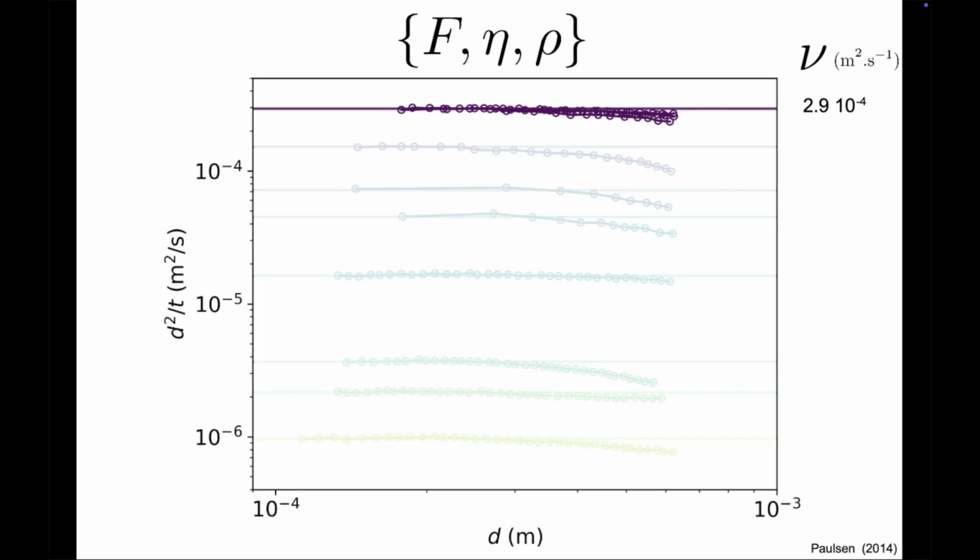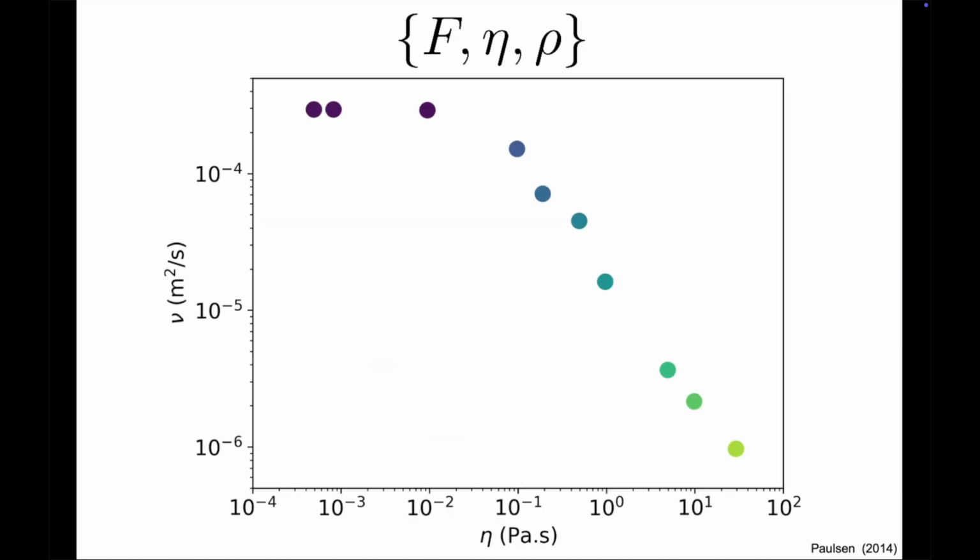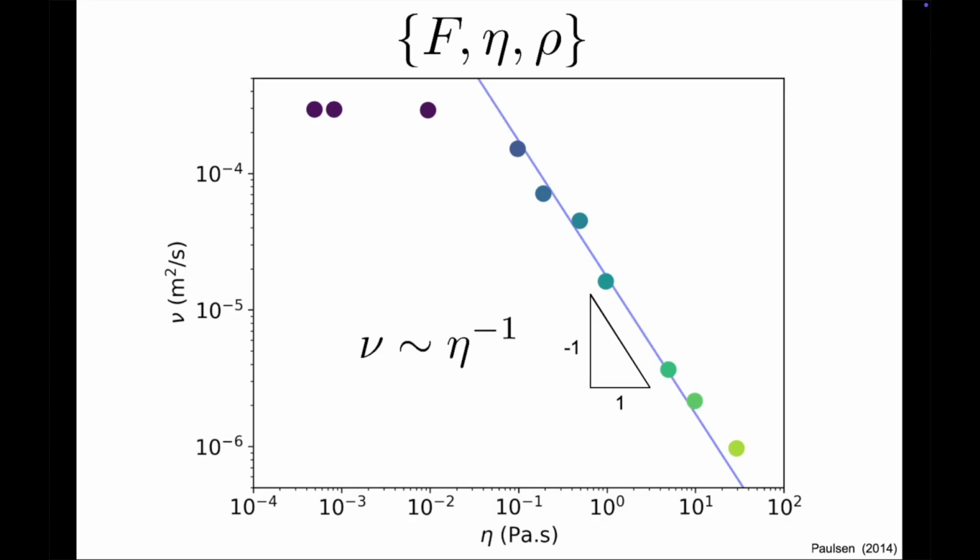The plateau at the top is actually made of three different experiments. One with an outer fluid with a viscosity of 9.4 millipascal/second, one for 0.82, and one for 0.49. All have a similar diffusivity. So in this range, viscosity does not affect the dynamics. For each experiment, we can record the diffusivity and plot it against the viscosity of the outer fluid. For coalescence in viscous enough fluids, the diffusivity seems to be inversely proportional to the viscosity.